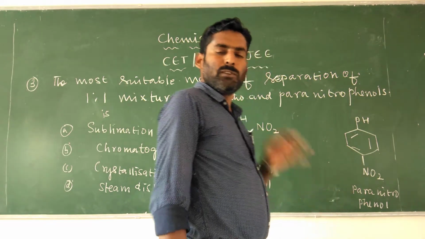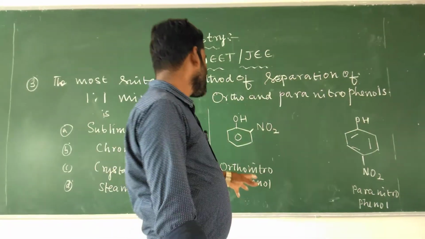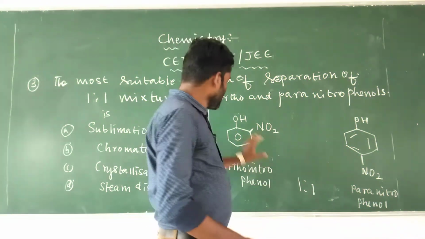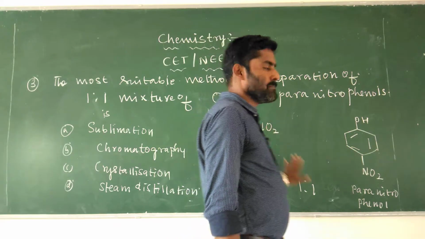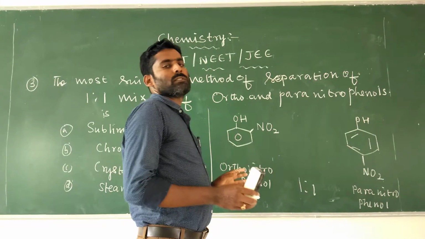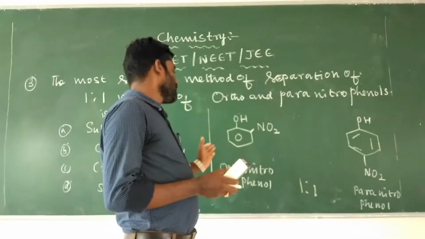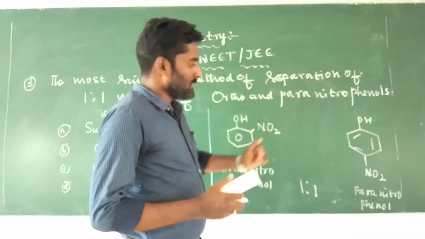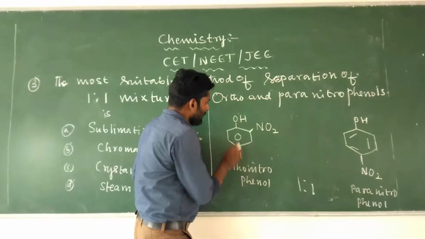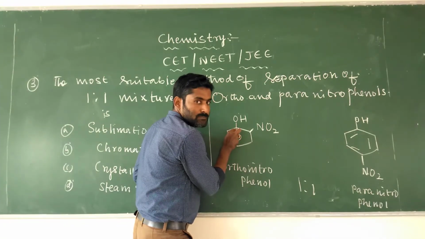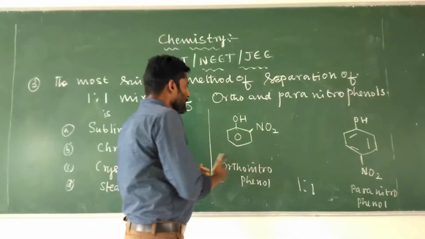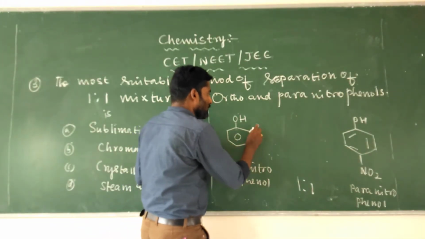So how to separate? Which method is suitable for the separation of a 1:1 mixture? That means one part of ortho-nitrophenol is mixed with one part of para-nitrophenol. Which method is suitable for their separation? Here, if we take ortho-nitrophenol, next to the OH group, the nitro group is present. So here, in ortho-nitrophenol,